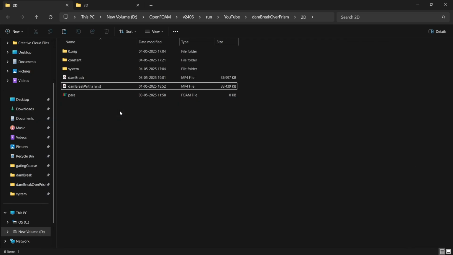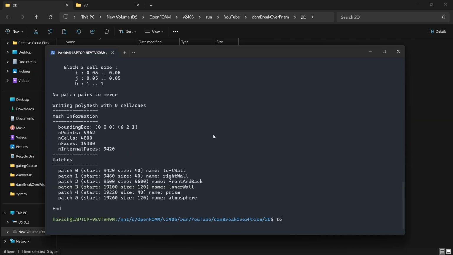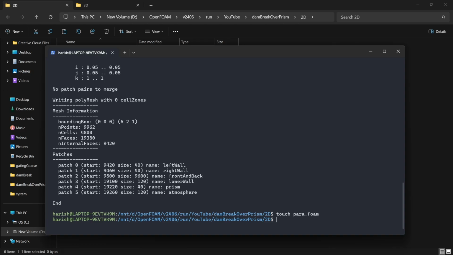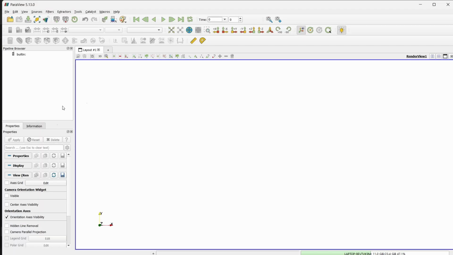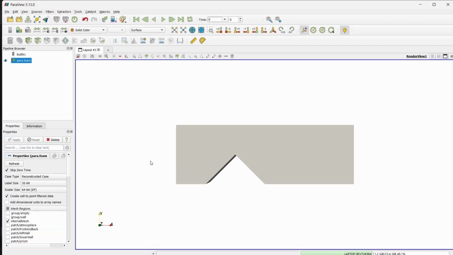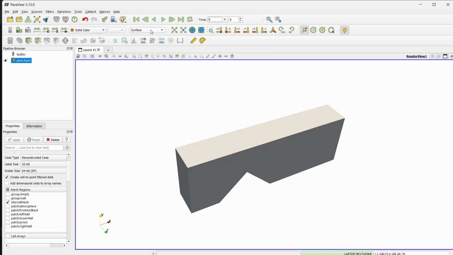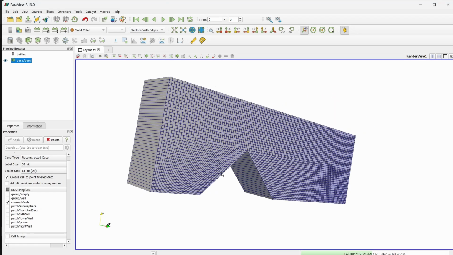Okay, now we have generated the mesh, and I have the ParaView file ready with me already. But if you don't have it, you can just type the command touch para.foam, and you will get this file. And I have set it to always open with ParaView, so I can just double click and open it. As you can see, we have the mesh, and if I go to surface with edges, you can see that